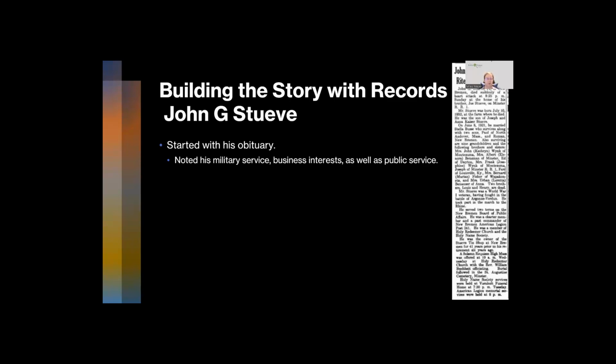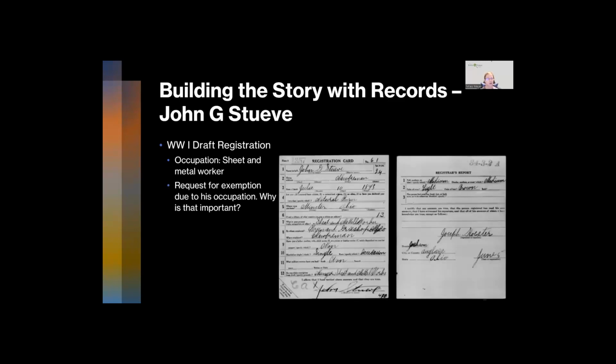But now we can start looking at some of these historical events. We can look at World War I. We can look at the Battle of Argonne-Verdun. We can look at the March on the Rhine. We can look at the industries in that town and see how his tin shop might have been an important industry within the town. So when we're looking at World War I draft registration, he lists his occupation as sheet